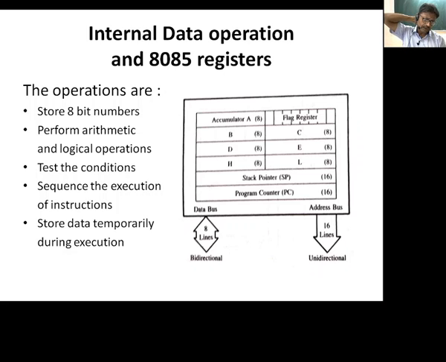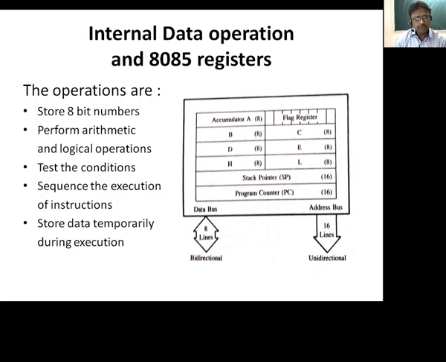Once the instruction has been executed, it may be required to store certain information somewhere else, either in a register, in the output device, or in the memory device. So these are the operations which it performs.